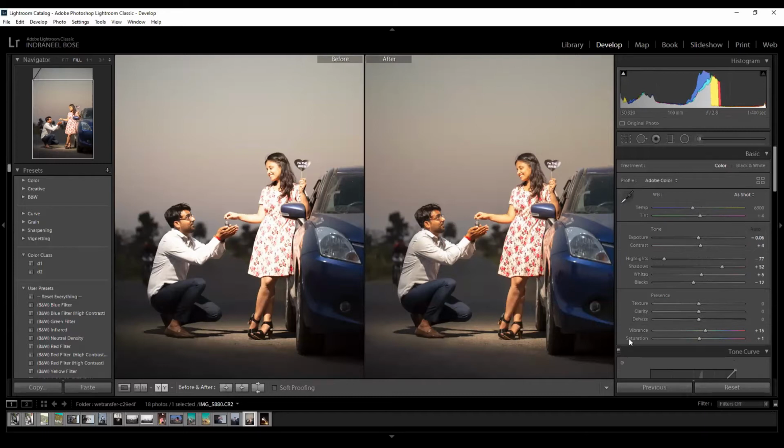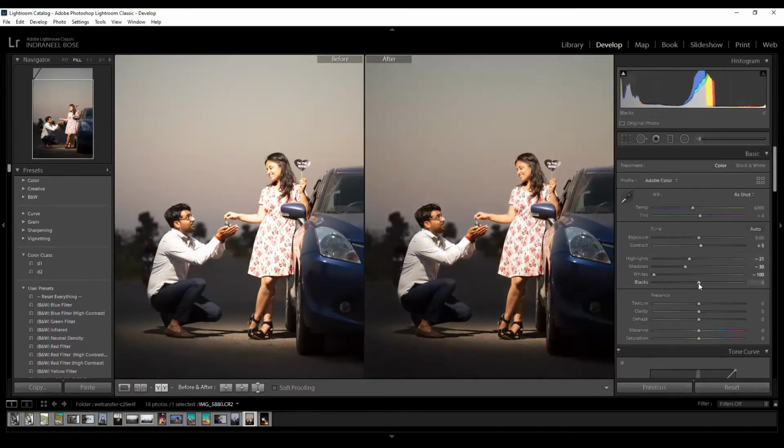If you try to set it up yourself, there are a few things to look at, like the highlights. Try to reduce the whites first and the highlights a little. Try to increase the contrast, and increase the blacks a little and the shadows a little. This is how we can get a proper exposure of the image. Can you see the difference between both the images? Yes, sir. You can see it.